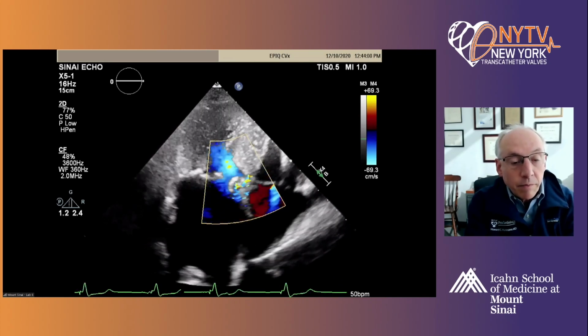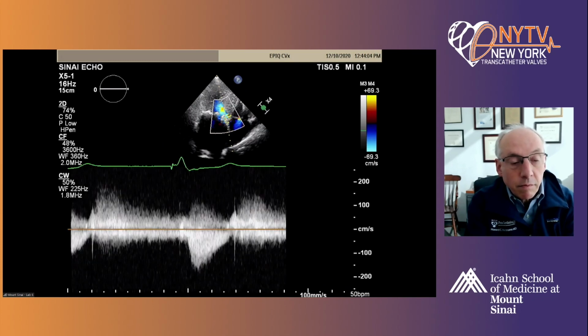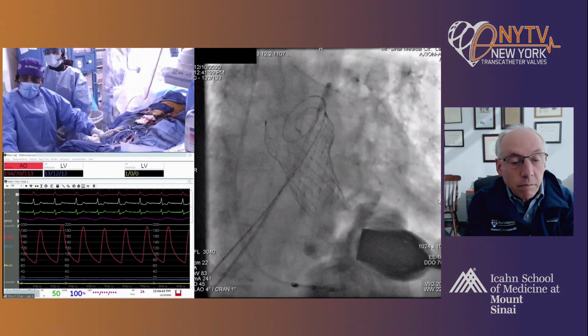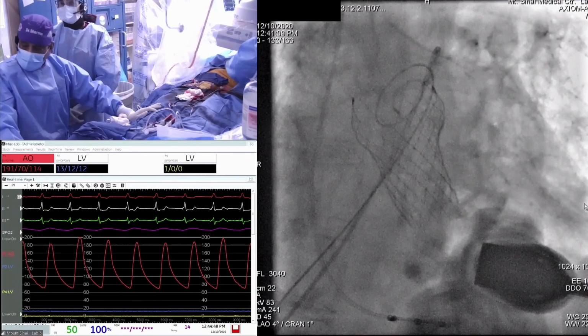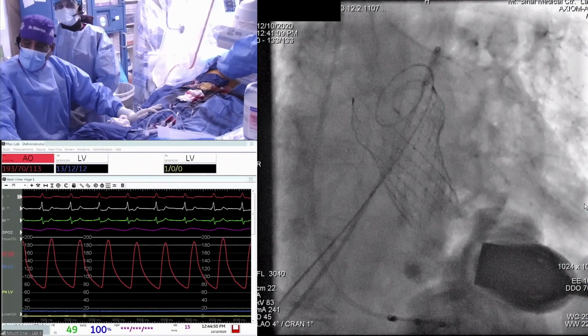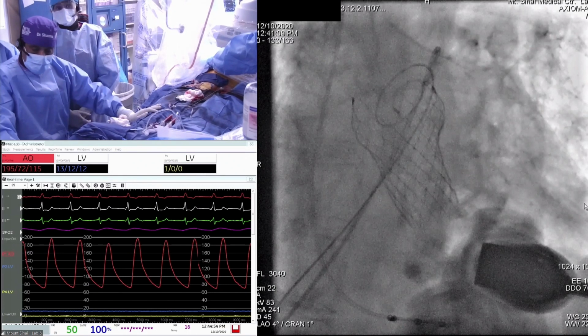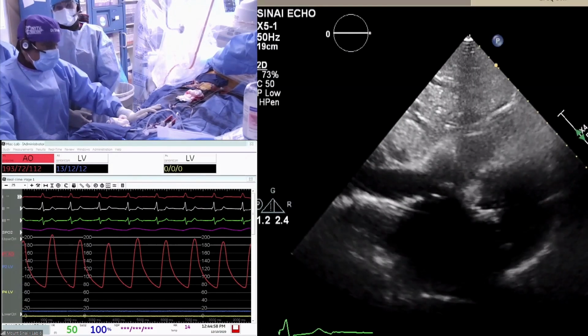Okay, let's measure that. So we just left it at that place. The diastolic pressure is around 70 here. Show the hemodynamics. And again, remember this is a mild plus leak. Compared to the previous patient, where we wanted to be perfect with no PVL, here, as long as we don't create any damage, there is no gradient. Even a mild to 1 plus paravalvular leak, I think we'll accept it.